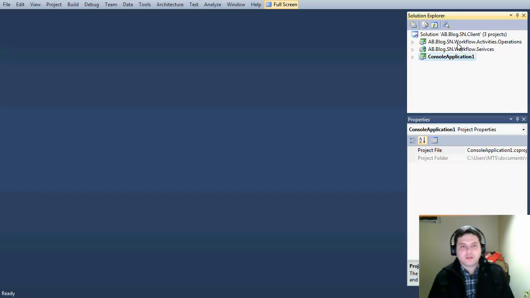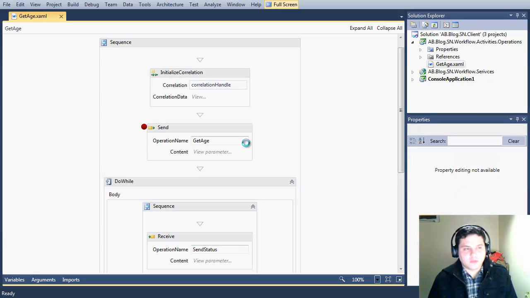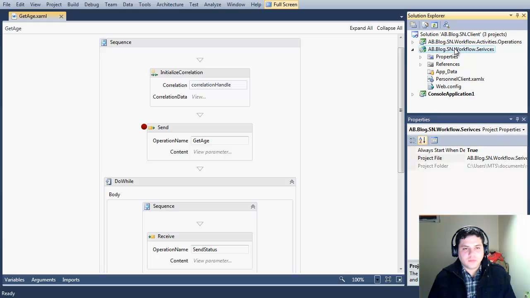Okay, in the client I actually brought in the operations project because I like to be able to debug on this end the actual activity operation that I'm using to call out. So that's enough of that. The workflow service, client service actually,